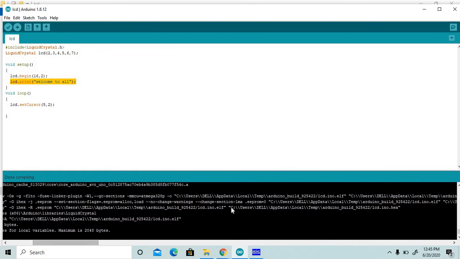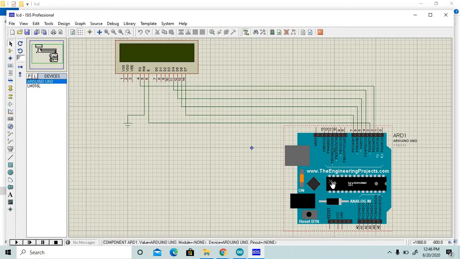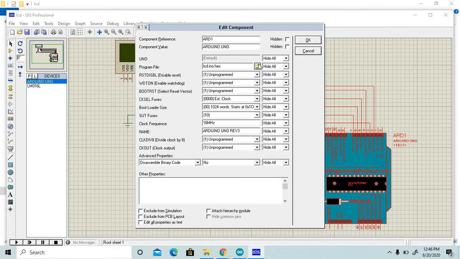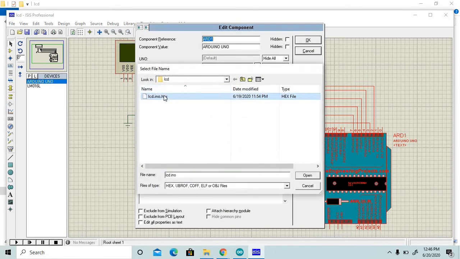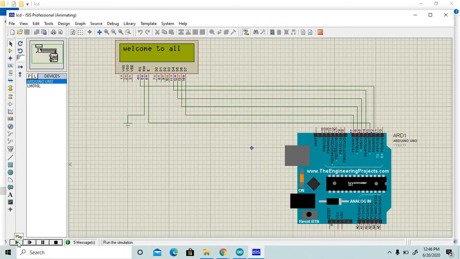So copy the hex file from this location and paste it here. After that open Proteus, double click on the IC, open LCD uno.hex, then OK, then after that play.